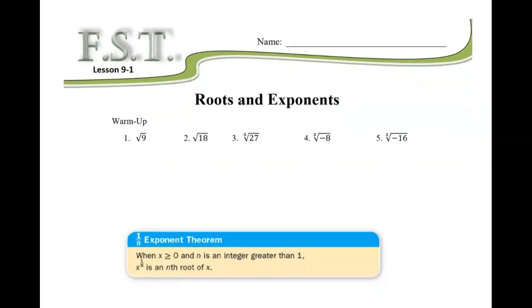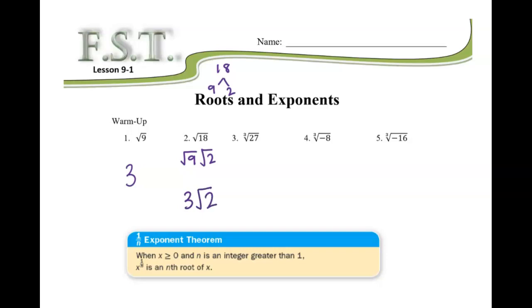Okay, lesson 9.1 is roots and exponents. To start with, the square root of 9, which is really just asking the question, what squared equals 9, is 3. The square root of 18, we don't know offhand, so we'll have to split it. You can do a factor tree and look for anything that you know the square root of, or any perfect squares. So the square root of 18 can be written as the square root of 9 times the square root of 2, which